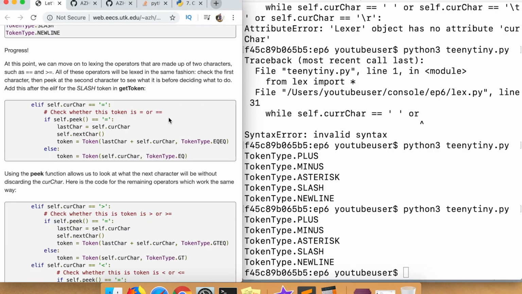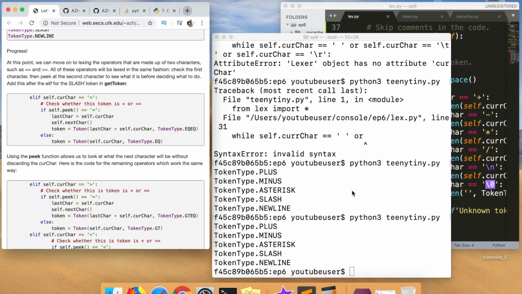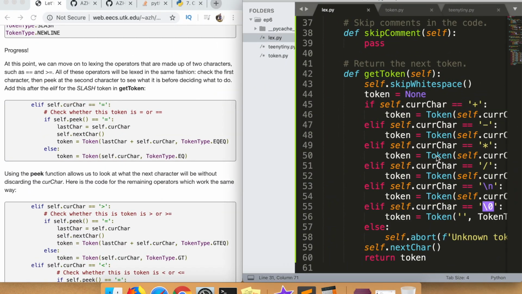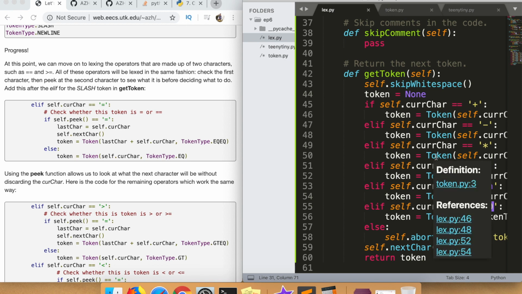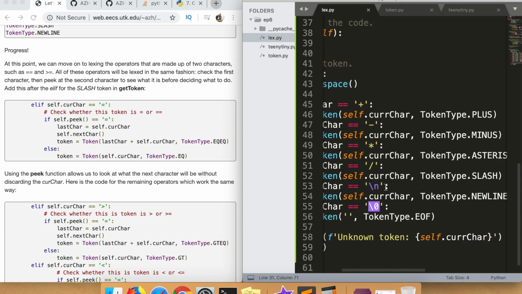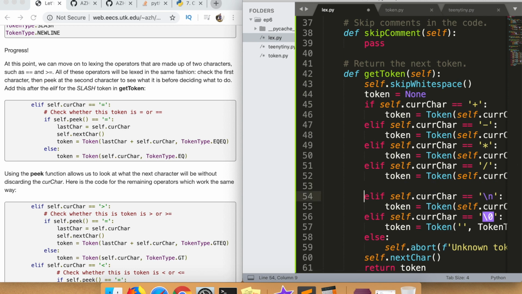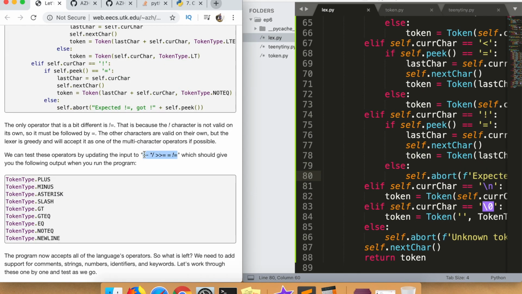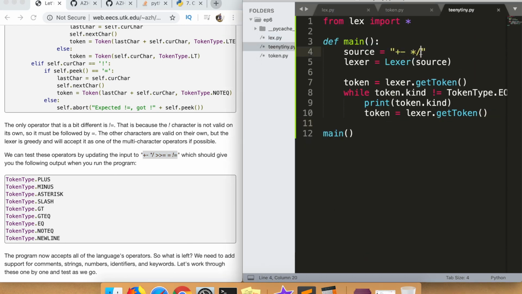Now is where we actually use that peek method that we created previously, right? Here's a case where we need to know whether this is variable assignment or variable equality. If it's a single equal sign, we know that's variable assignment. If it's a double equal sign, we know it's equality. In this case, we need to use peek to get the next character, so we know which token we need to create, right? You can see below we did the same thing with greater than or equal to, and the same with less than or equal to. We'll also end up doing the same thing with not equals. So our get token has gotten pretty out of control, which I don't particularly like, but it's working now,